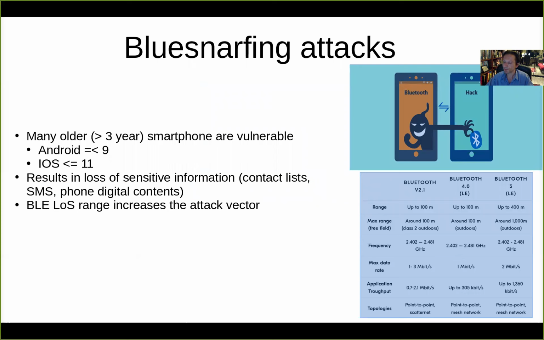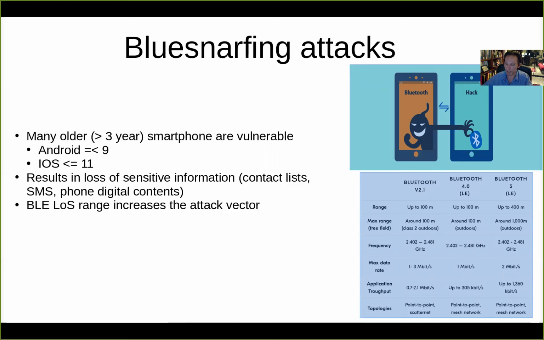And on top of that, you have another threat that really concerns older smartphones, called roost-snaffing attacks. This is a type of attack used to hijack aspects of your Bluetooth connection and can lead to information loss. So an important catalyst here is also the BLE range, which for the advertising beacons can extend to several hundred meters. And I should clarify here that I'm not talking about the range of the BLE peripherals, like your wireless